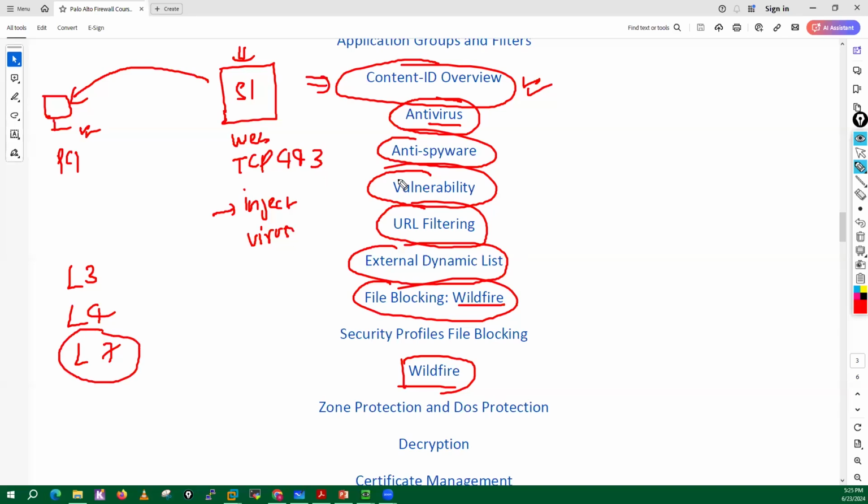And guys, most of the time, whenever we talk about viruses, spywares, vulnerabilities, URL filtering, or your WildFire, which protects us from unknown malwares or malicious phishing domains, all of these come under layer 7 only, right? And how can we apply this protection at layer 7, and how inside your Palo Alto